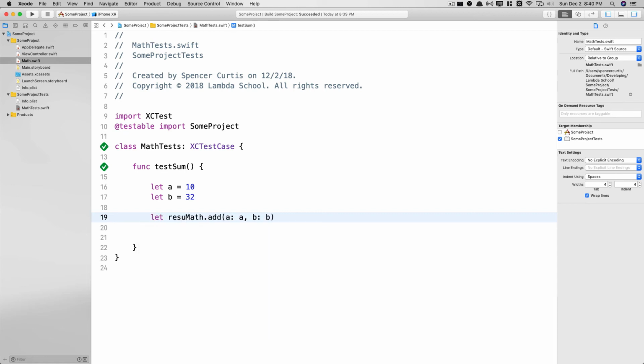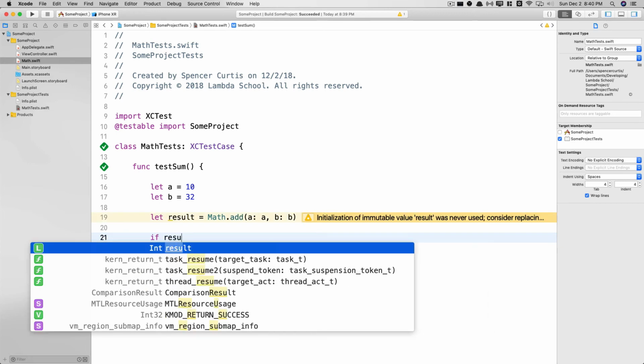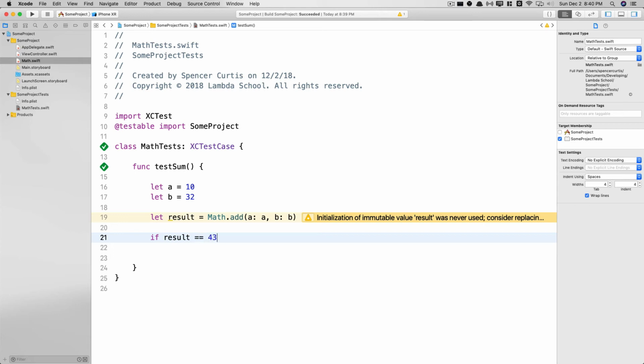So we could say let result equal that. Okay. So now we could say, well, what do we expect the result to be? It should be 42. So we could say if result equals 42, then we know, again, the test passed, else, whoops, the test failed. So here's the thing. If we run this again,